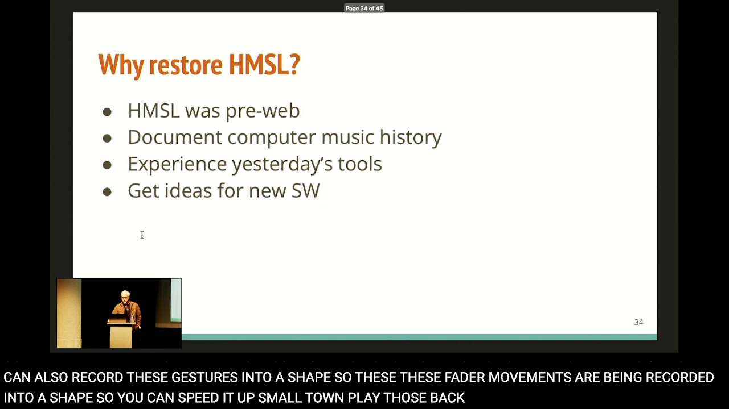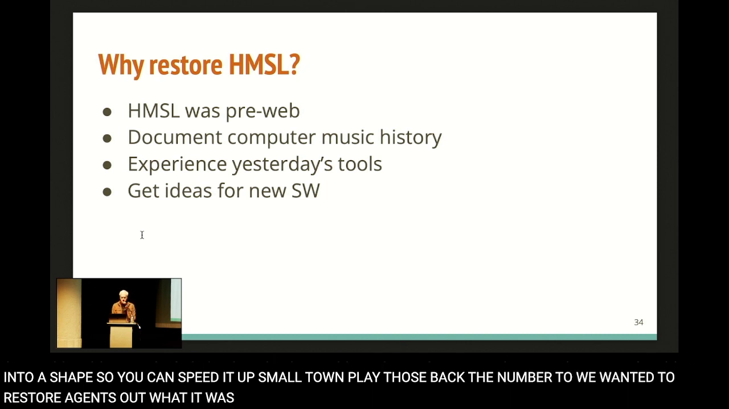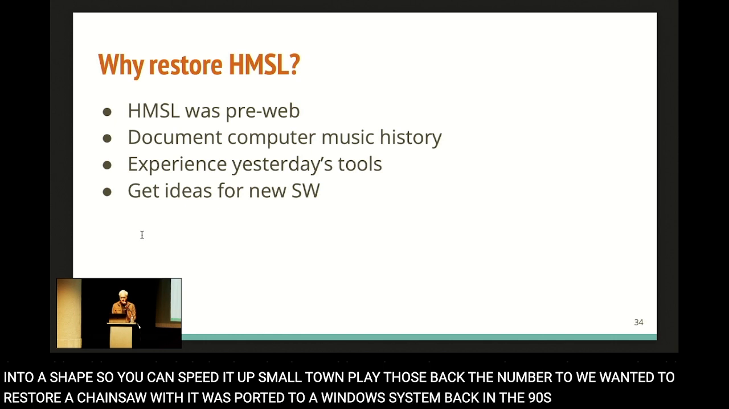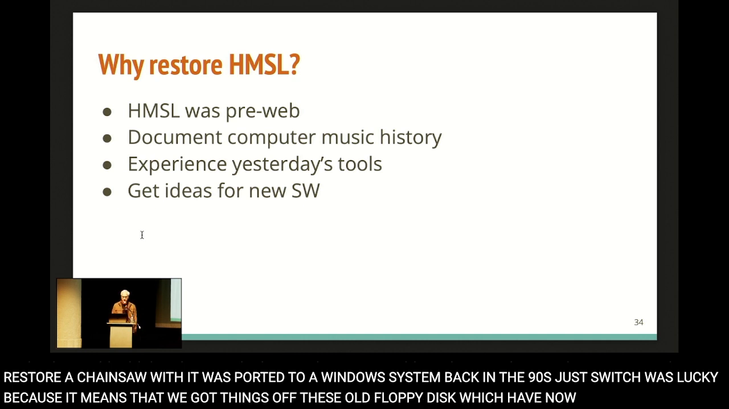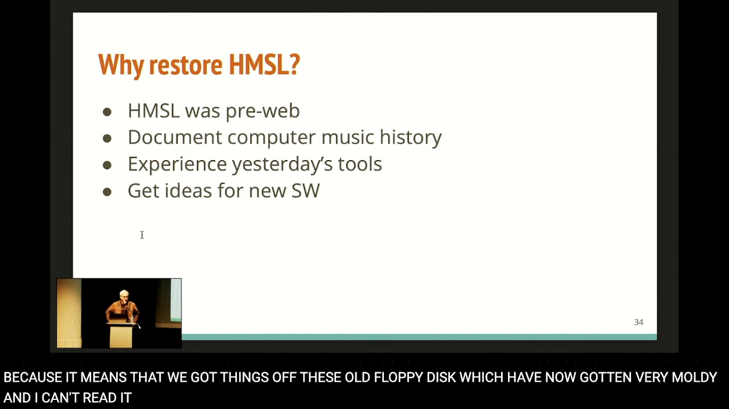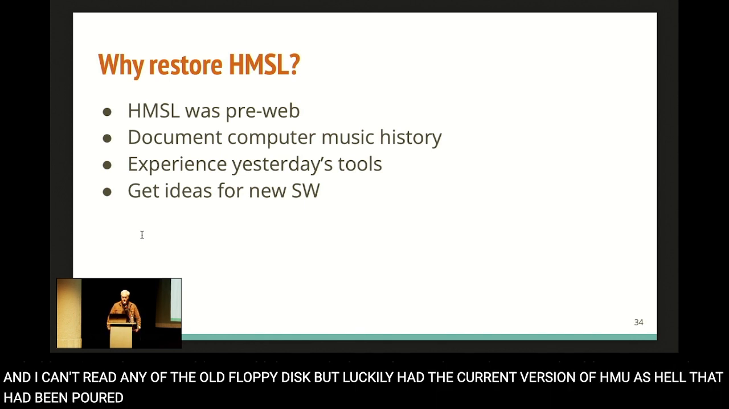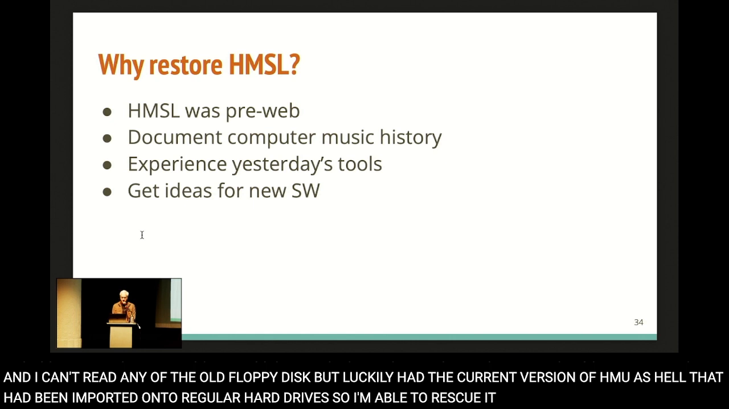So we wanted to restore HMSL. It was ported to a Windows system back in the 90s, which was lucky because it means that we got things off these old floppy disks, which have now gotten very moldy, and I can't read any of the old floppy disks, but we luckily had a current version of HMSL that had been ported onto regular hard drives. So we were able to rescue it, and